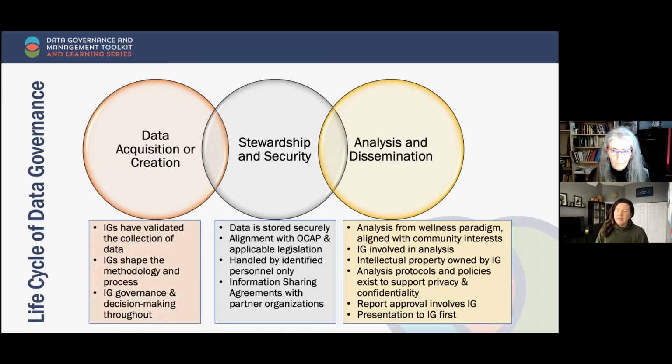And really, before we release a big report, we honor the people it's about first. So we release and present that information to our own citizens and our own governments first, before it's released to the general public. So these are just three big ways in which we think about data governance. These are big functions. How do we pull data? How do we protect data? How do we share data? And this is what Indigenous governments' data governance looks like throughout that process.